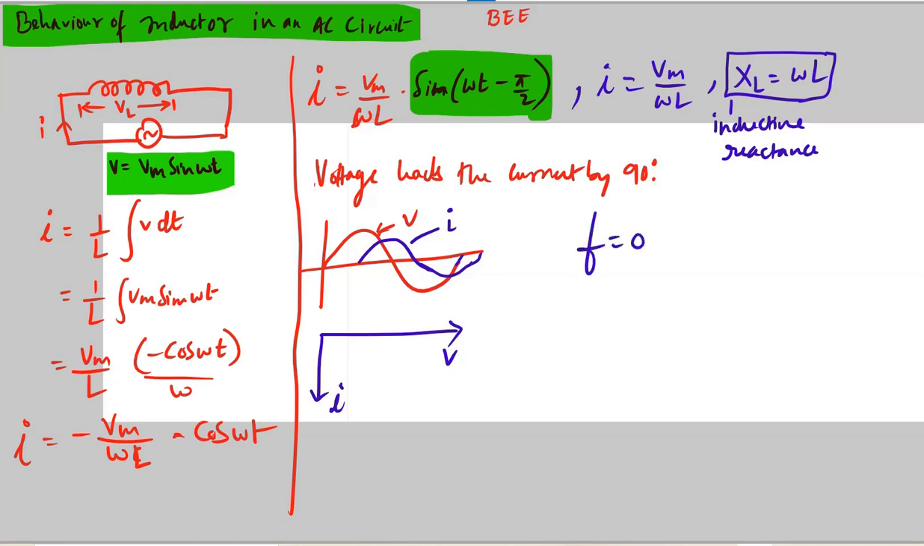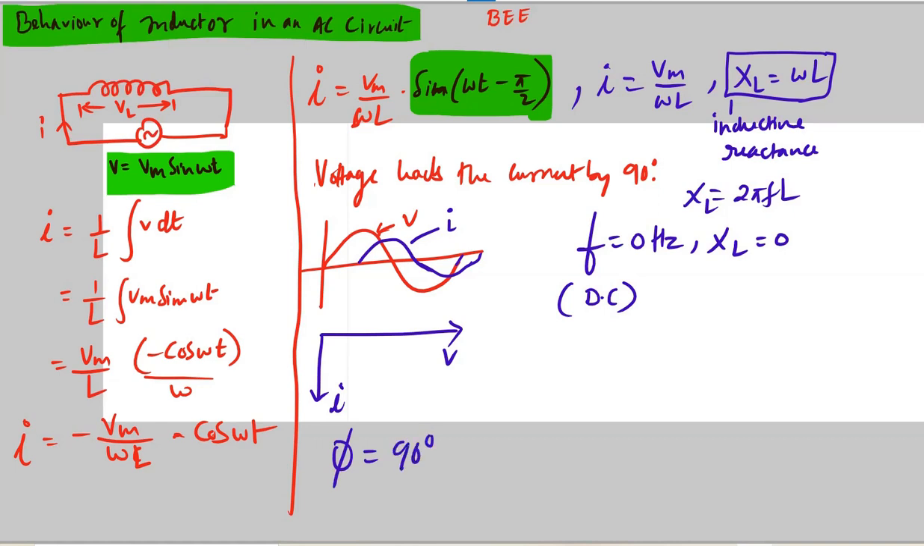In case frequency goes to 0 hertz, XL will be 0. Reason: XL is 2 pi F L. Frequency 0, XL 0. Frequency 0 is for what? That is for DC. In case of a DC power supply, frequency goes to 0. Any doubt? Phase difference phi equals